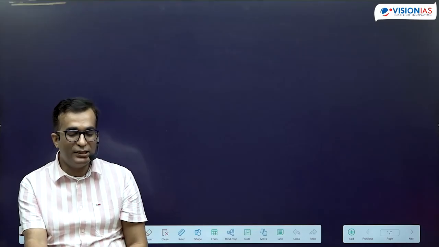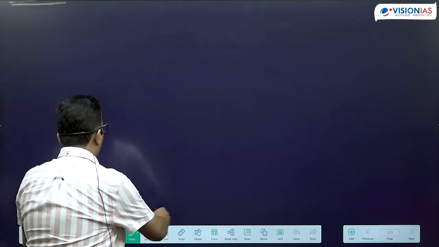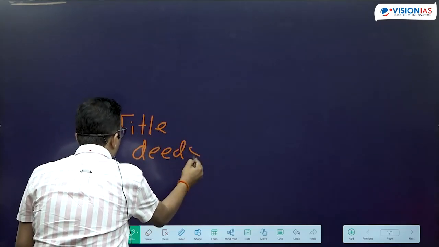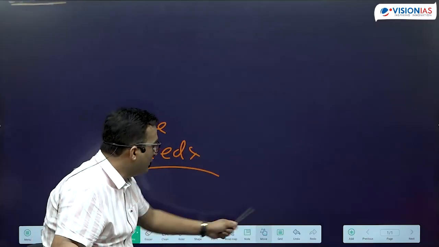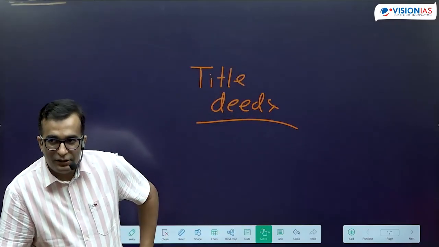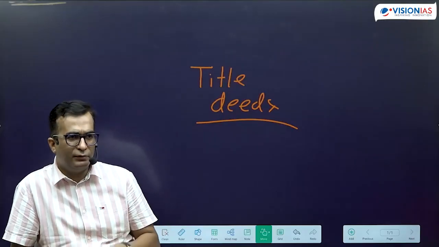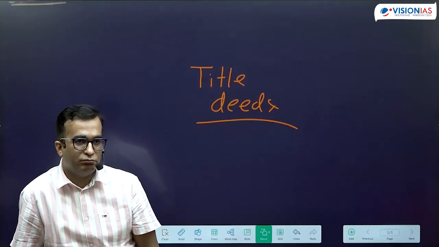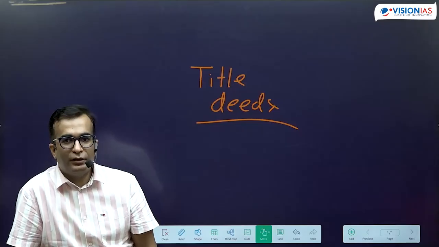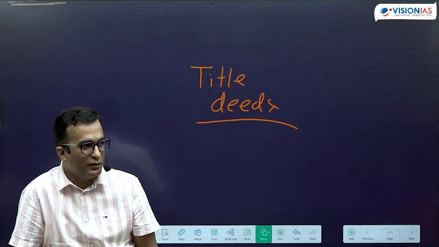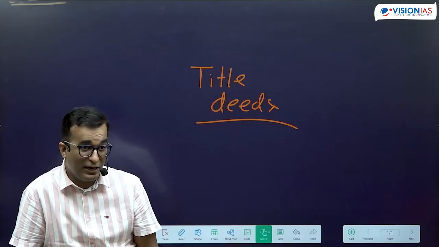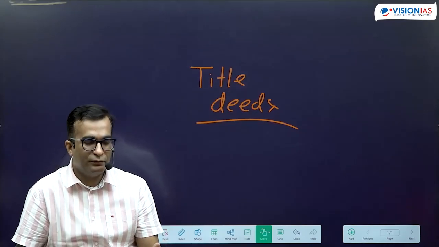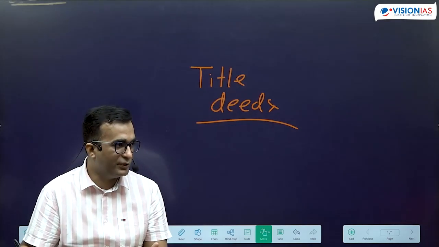Now, the word I'm using, the title deeds, let me write this word on the board. I just want to know how many of you have already heard about it, what is title deeds? Any idea? Or lease deed? Have you heard this term? It's a term associated with property. If you ask your parents, they will know it. For example, if your grandfather is alive and your father is there, the land title deed would be in the name of your grandfather. When he dies, it goes to your father. So title deed is all about that very clear pattern of the inheritance of things, and to whom the land belongs.